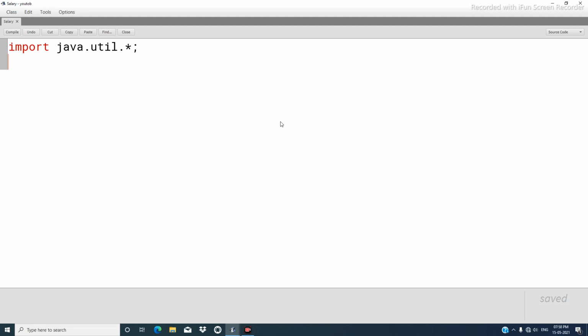So import is printed in red. And java.util is a package provided by Java that provides pre-compiled classes and functions that we will use in the program. In our program, we incorporate this package java.util to include the Scanner class through which we get the input from the keyboard.